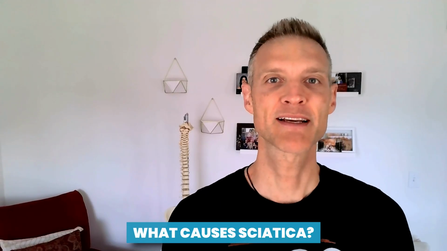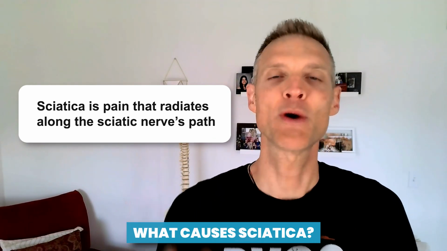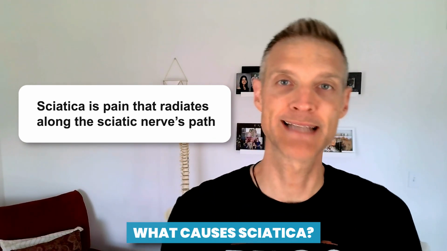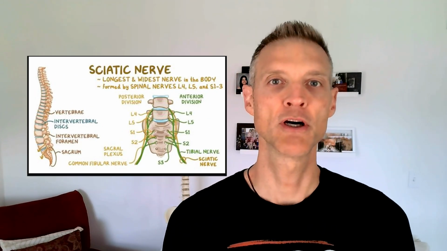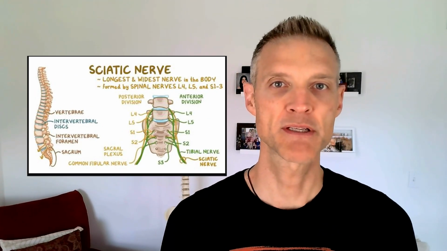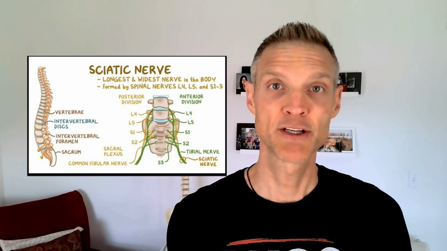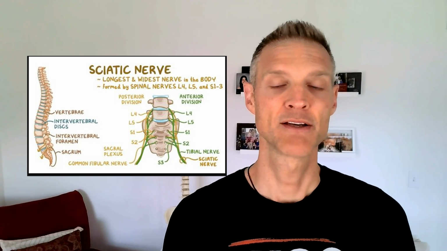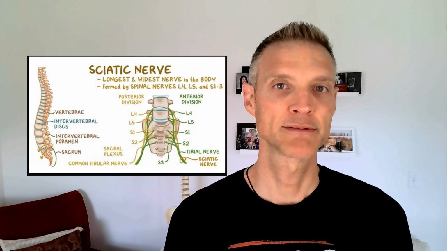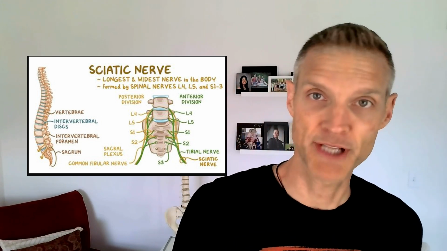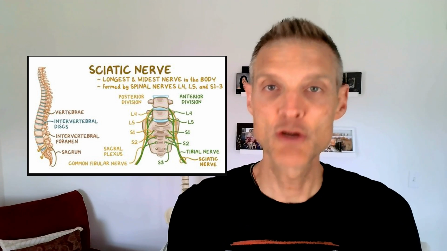So what is sciatica? Well, sciatica pain refers to pain that's going down the back of your leg, down the sciatic nerve's path. But what is the sciatic nerve? Well, it runs from your lower back through the hips and your buttocks down each leg. It's actually the longest nerve in your body. So when it's irritated or compressed anywhere along this path, the pain can start from your lower back and travel all the way down into your foot, into your leg, into your ankle, usually down the back side